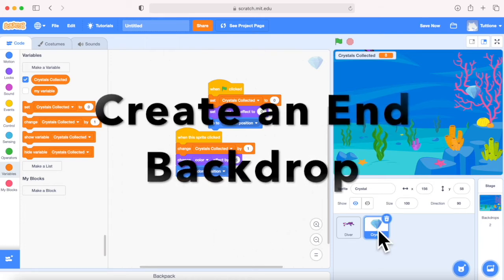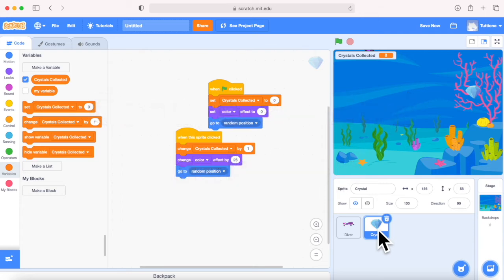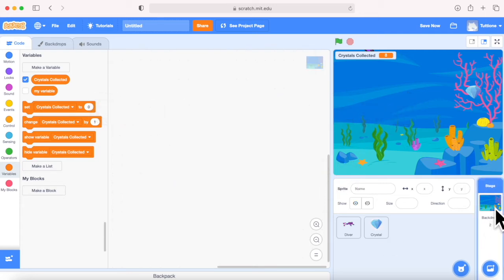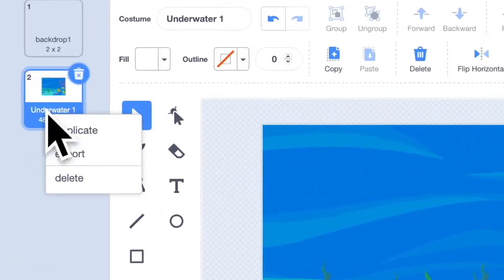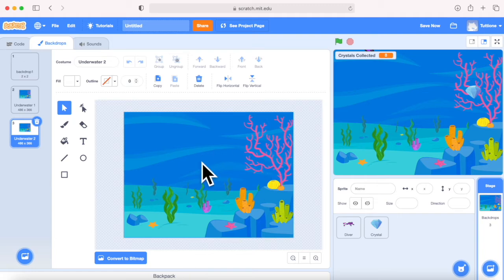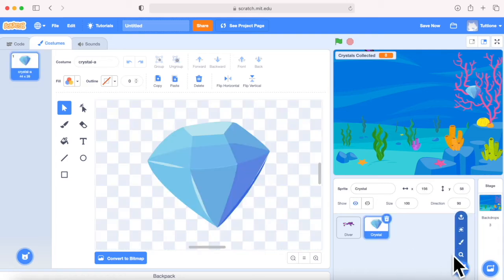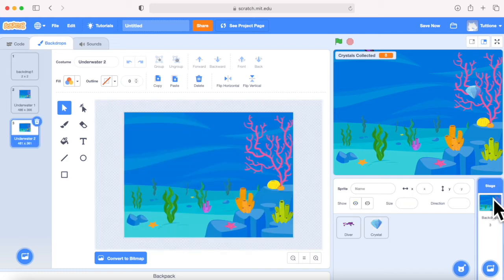So we should make an ending backdrop. So what we should do is go to the backdrops thing, and we can make a copy of this backdrop, and then we can add stuff to it that will look cool. And you can say like, well done, or you completed the challenge, or it's your choice. If I wanted to add a fish, maybe, or an underwater creature, to this backdrop, then